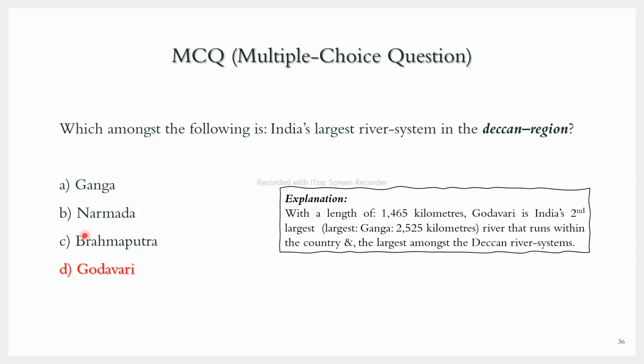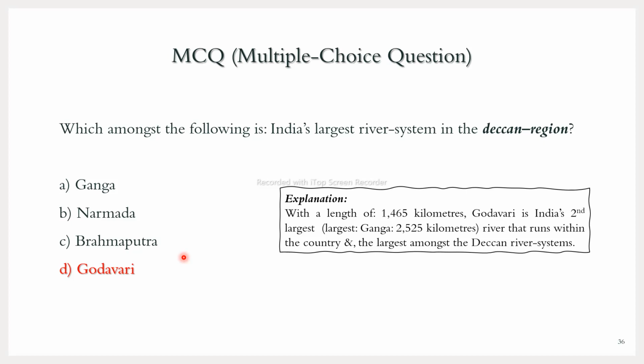But the portion of Brahmaputra that is in India, that is lesser than Godavari. That is lesser than Ganga and Godavari. Okay. So lesser than Narmada is there or not? I don't remember. I have to check. But yes, so the thing is that it is a case. So total length is small. 29900 kilometers is the total length of Brahmaputra.